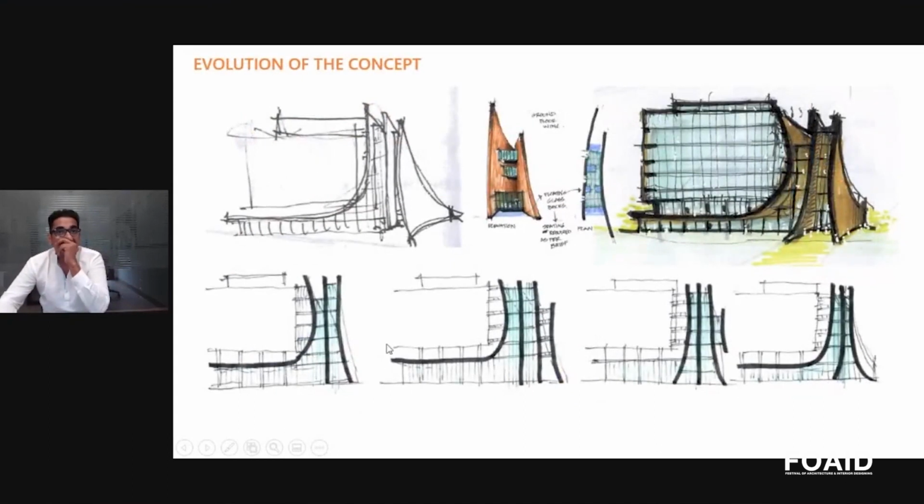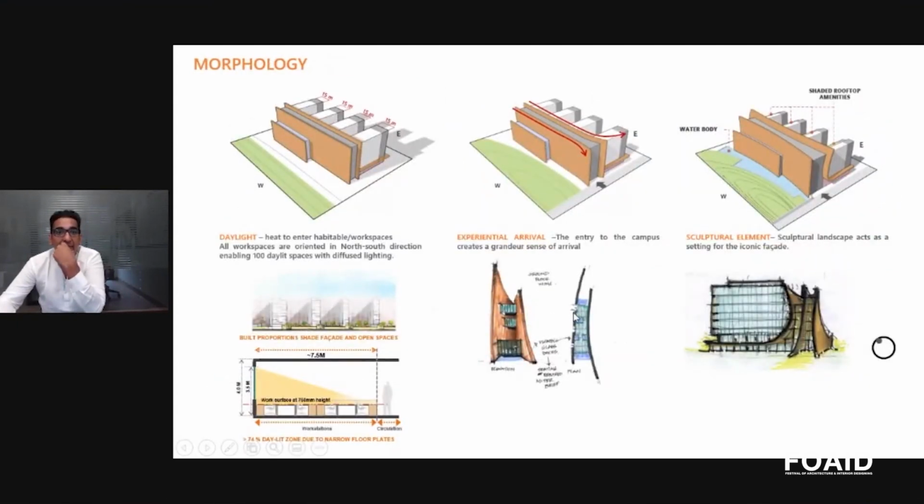We came up with some heuristic sketches of how these walls would respond to the solar condition. How can we make sure that we have the maximum amount of thermal buffer for what sits behind it? And we came up with schematic sections and a basic idea and a model of how we would take that very large floor plate at the back, break it up into more linear strips so that they're 100% daylit, north-south orientation, and use the core and the spine as a means of connection, but